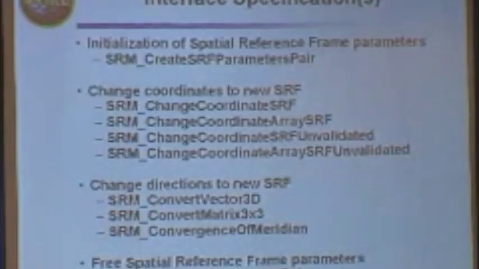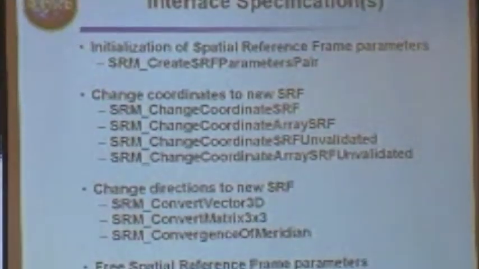And essentially, it's a case of what is your application? You have some map coordinates, and you need to get them into geodetic because that's where your dynamics are going to take place. Well, if that's the case, you will set up the pair to go between your map coordinates to geodetic coordinates, and then you'll make these calls. So this is the standalone part of the library. I hope that answered the question.